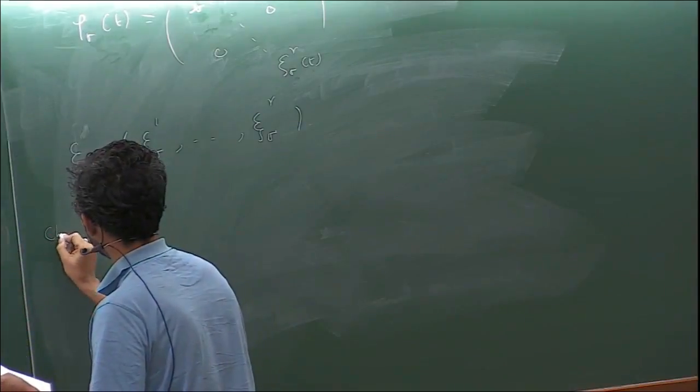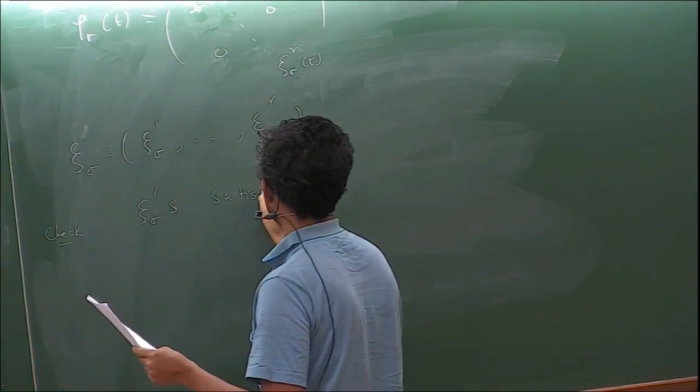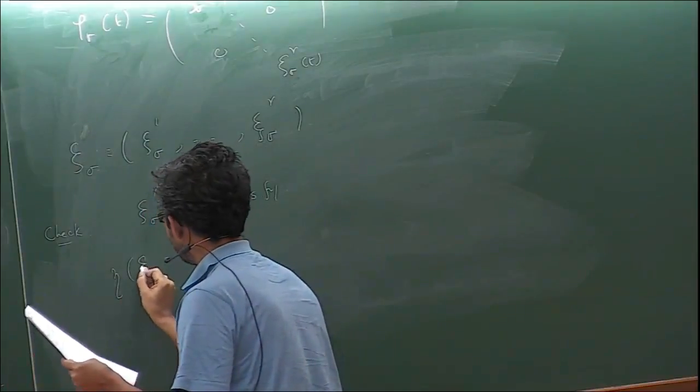So for each sigma, I have this R tuple of characters. Now, this will satisfy a certain condition. So we have to check that xi sigma satisfies that eta of xi sigma